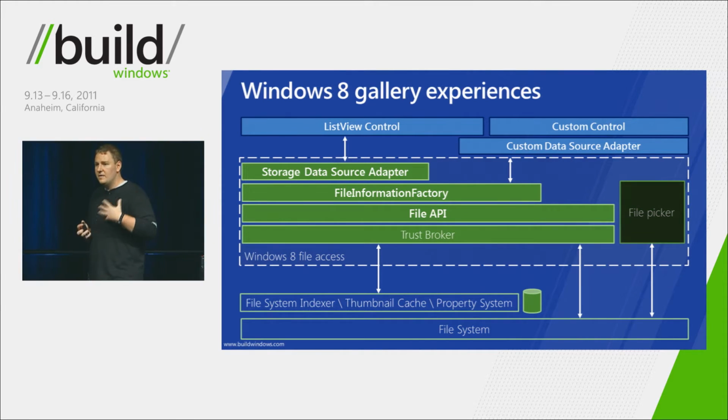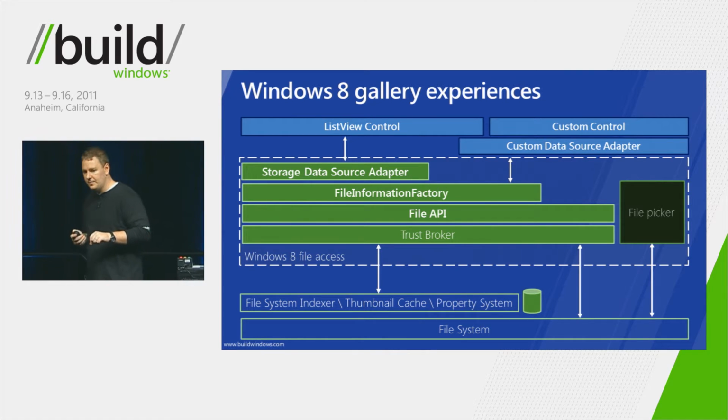And the other piece is the file broker. I showed it a little earlier in the demo. One of the things we've really enabled this time is any system view that we've built that we think really pops with Metro Style, we want to make it absolutely accessible to you because it's a great place to start. And anything you see in the file picker, you can absolutely build in any of your experiences